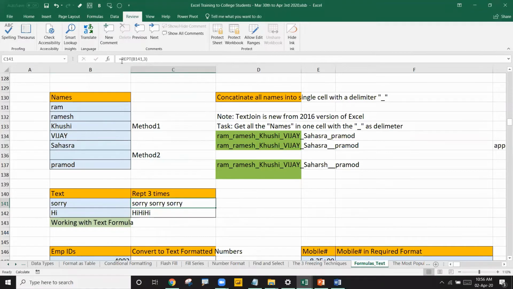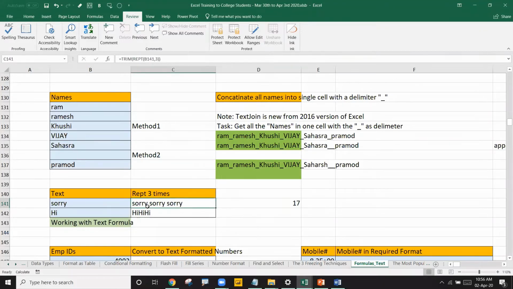So if you want to remove that extra space, go here. First, I'll show you the length of it. Length of this cell, enter. It is showing 18. I don't want that extra space at the ending, so I can apply the trim here. Enter, drag it down. This is fine, that is for fixing one issue.